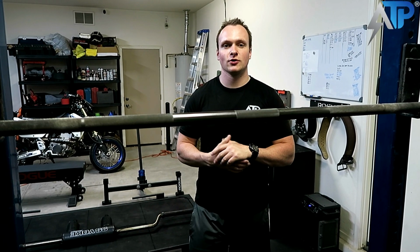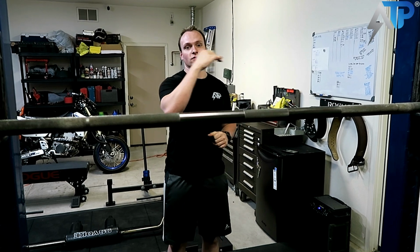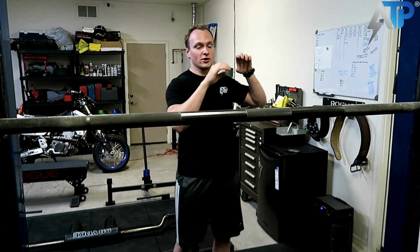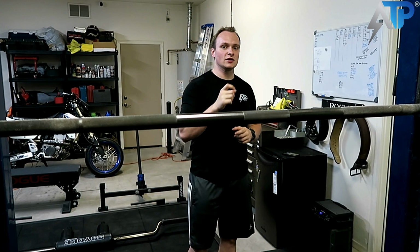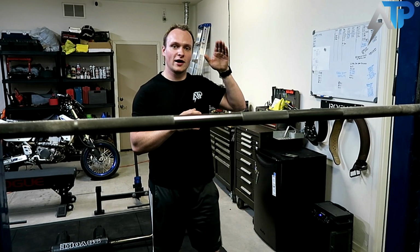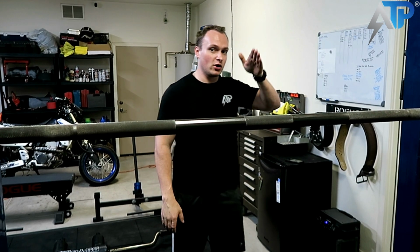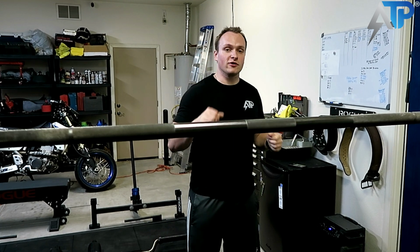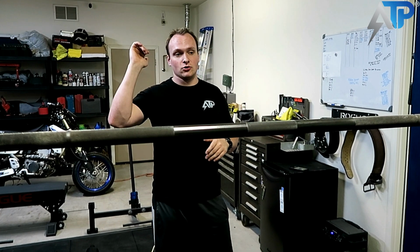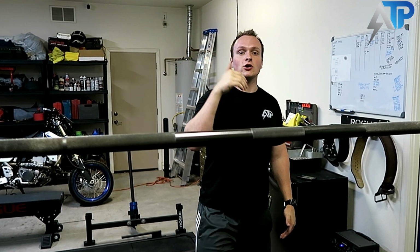All right, I hope that helped you guys out. I tried to make it as simple as I could, finding the high bar position versus the low bar position. There's going to be a shelf on both of those for you specifically on where it sits. It might be a little different for each individual where that shelf is, but again, high bar is pretty easy to find. It's that first place the bar gets stuck on our traps, and then if we stick our elbows up, it'll help us find and emphasize that rear delt shelf where the bar is going to sit for low bar. When you can drive up into the rack and the bar doesn't move, then we know we're in a low bar